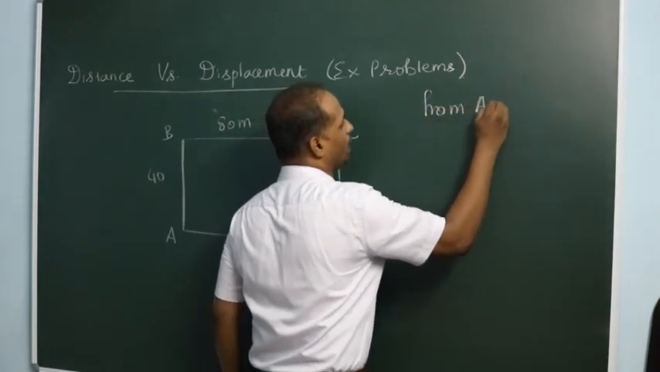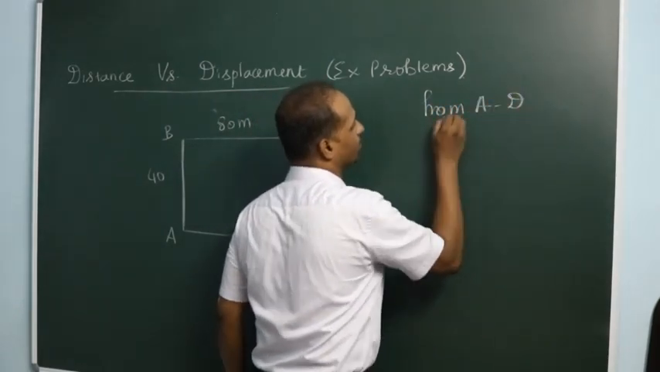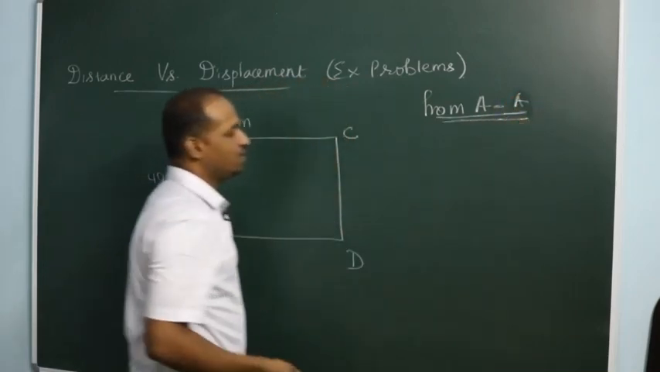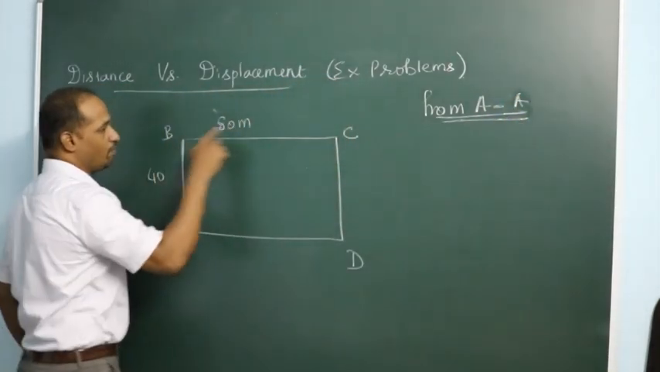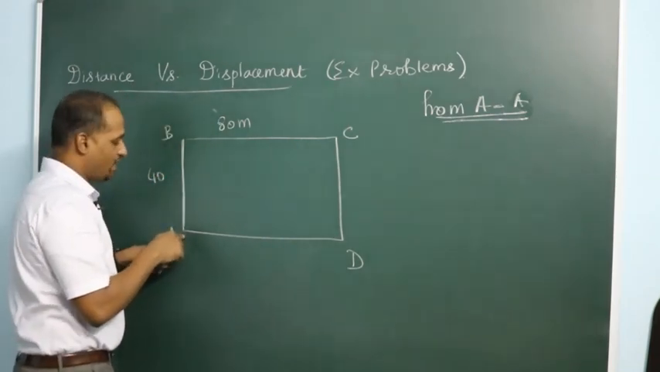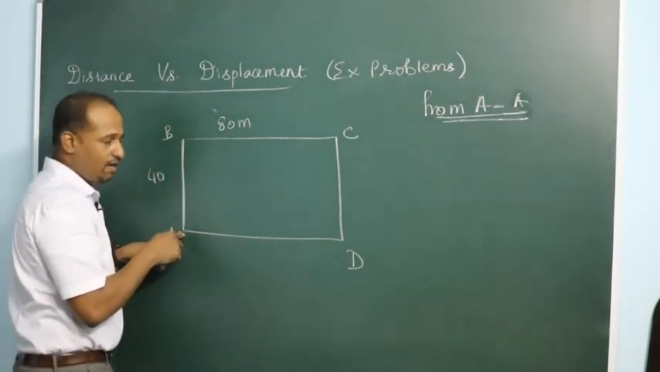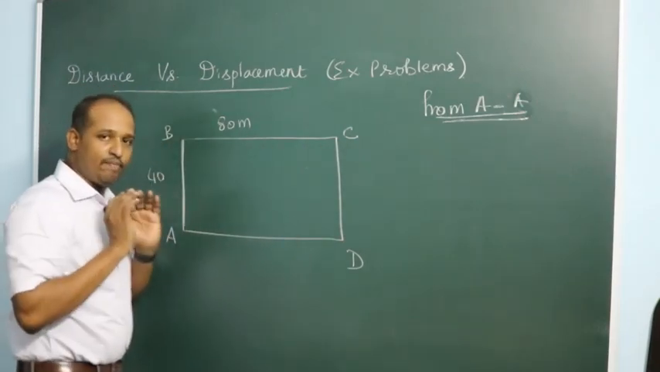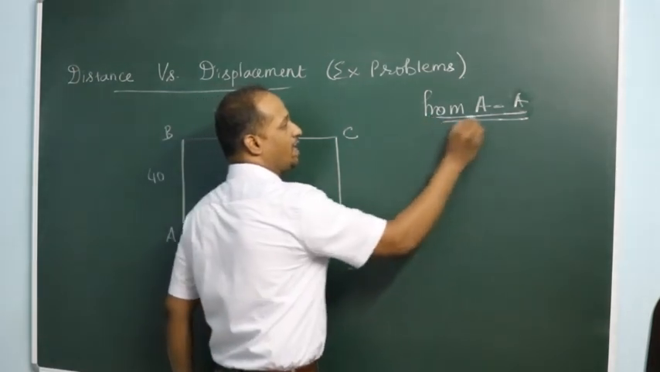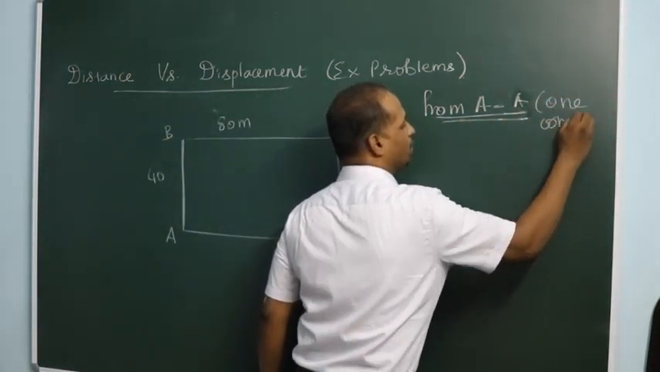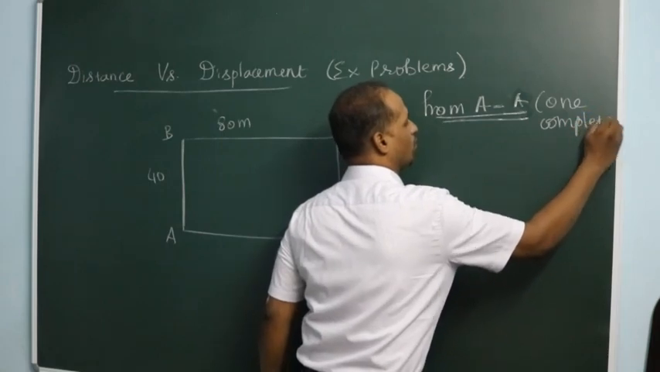From A to D or A to A. That means the person walks one complete track. That means he starts from A, he enters into the park at A, he goes to B, C, D and A. He has come back to the same point. From A to A, one complete walk